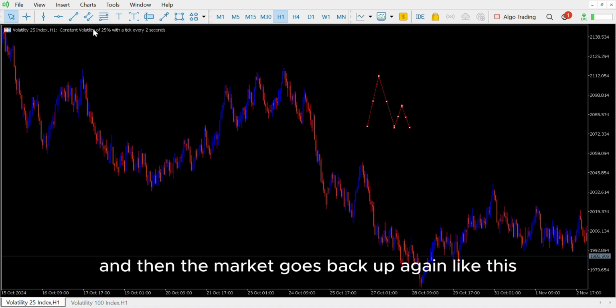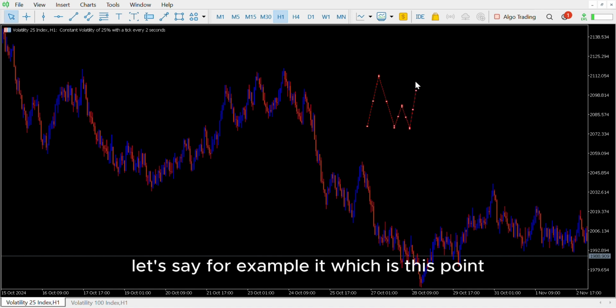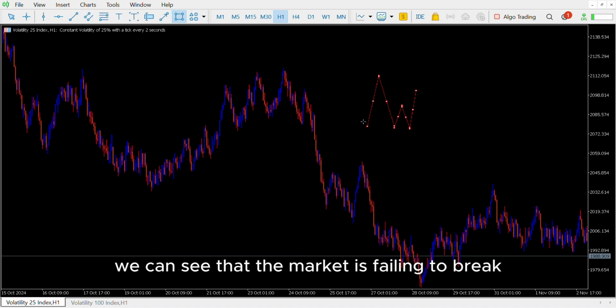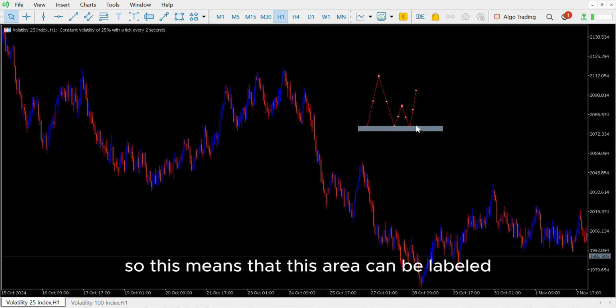And then the market goes back up again like this, let's say for example it reaches this point. So as you can see, as illustrated by this diagram, we can see that the market is failing to break at this point. So this means that this area can be labeled